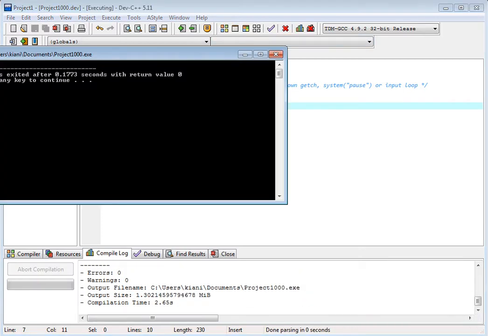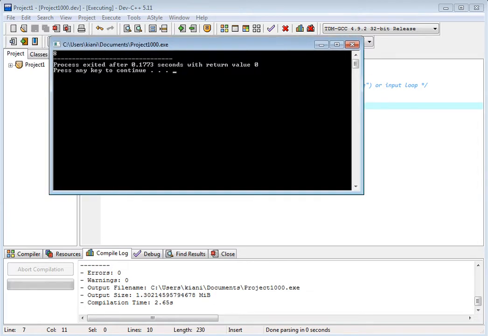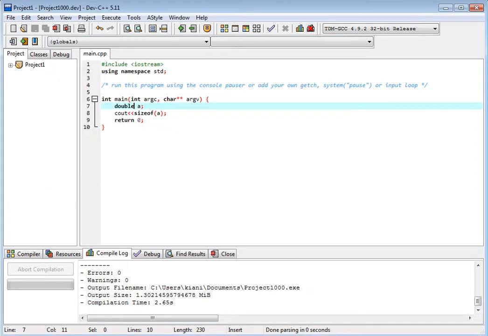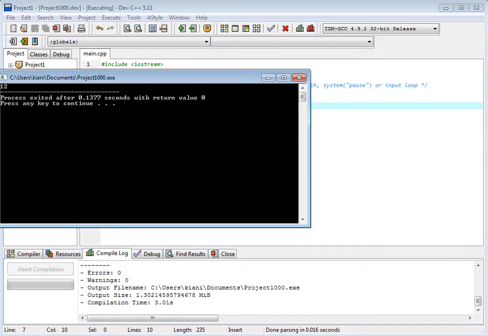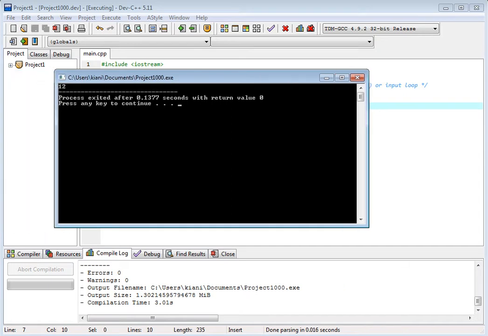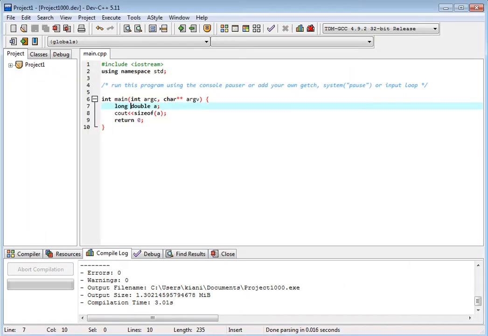Size of a is 8 bytes. If I use a long double variable, a very long value, right? So it will print 12. So it is 12 bytes long. Bytes means 8 bits is 1 byte.